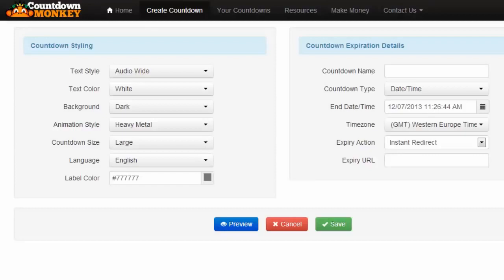Today I'm going to talk about how to create a countdown. When you click Create Countdown at the top, you're going to see two different sides. The left side is going to be the countdown styling, which will control the look and design of your countdown. And then of course we got the countdown expiration details, which will control the actual countdown and what it does